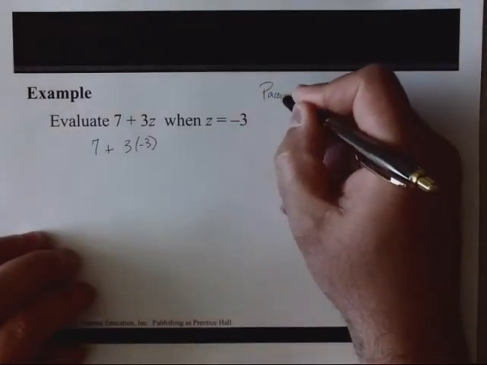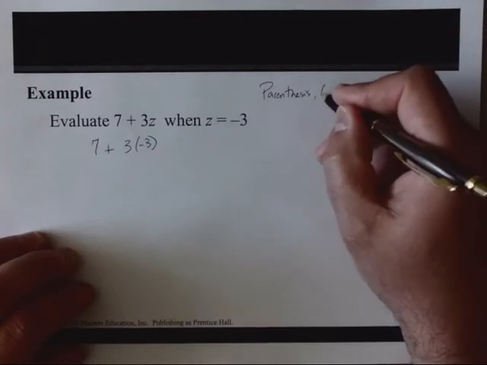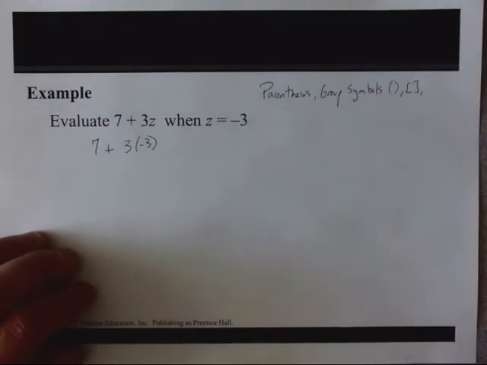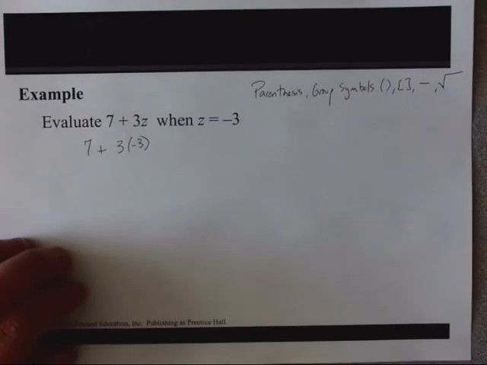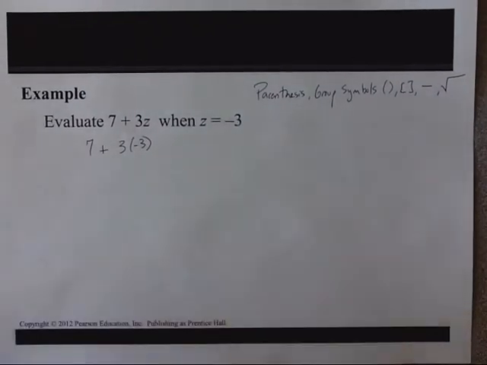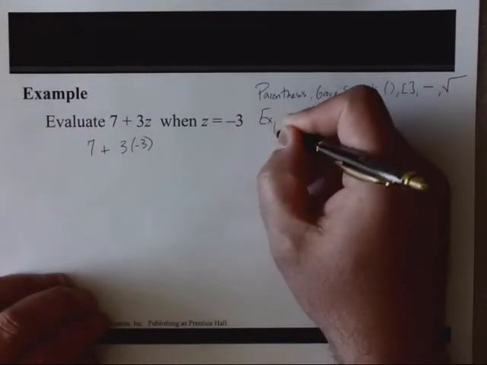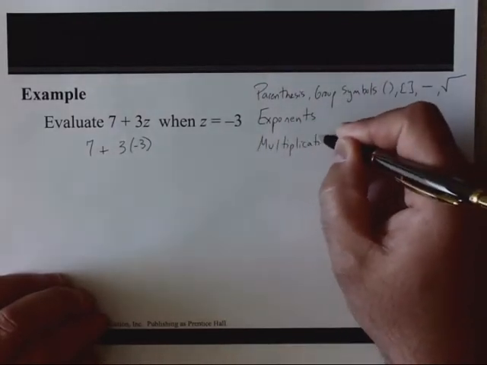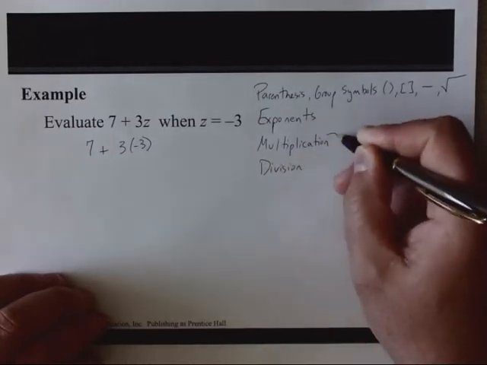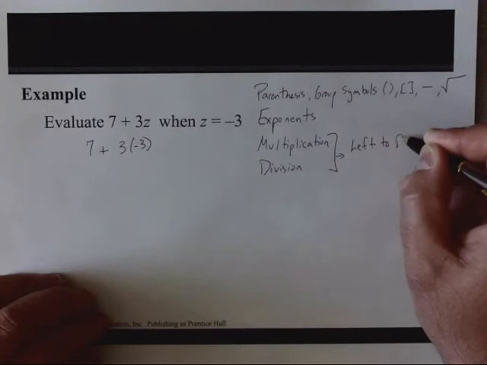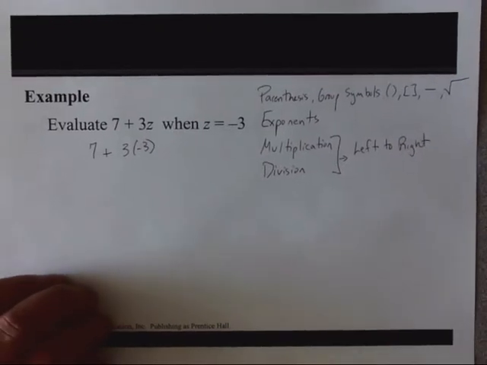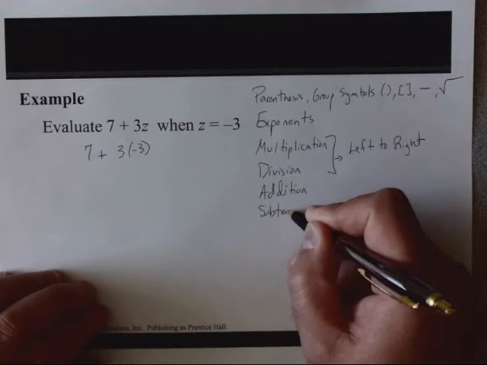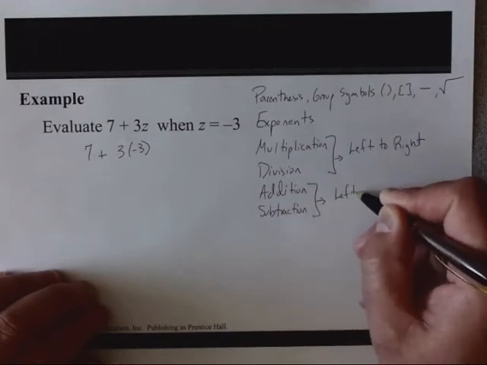Now, keep in mind your order of operations, which is parentheses or any kind of grouping symbols. So it could be parentheses, it could be brackets, even a fraction bar or a square root could be a grouping symbol. So take care of those first. Inside the grouping symbol, follow the order of operations. Next, you got exponents. Okay. Then you have multiplication, division, and these are done left to right, whichever comes first. And addition, subtraction is the same way. Left to right,